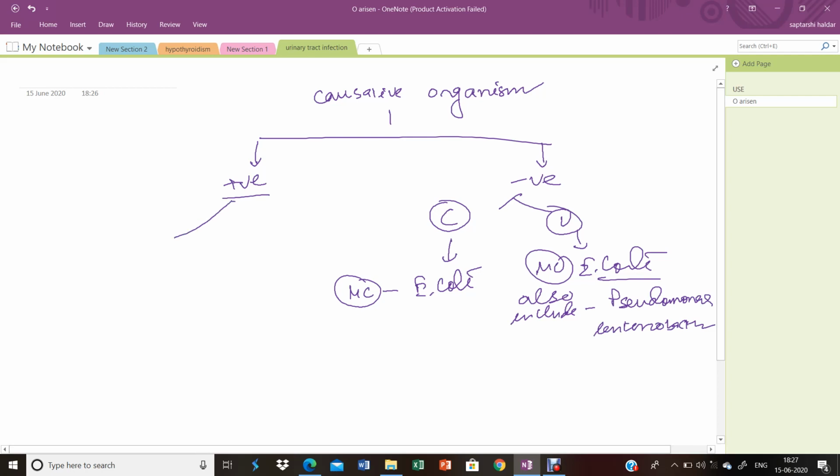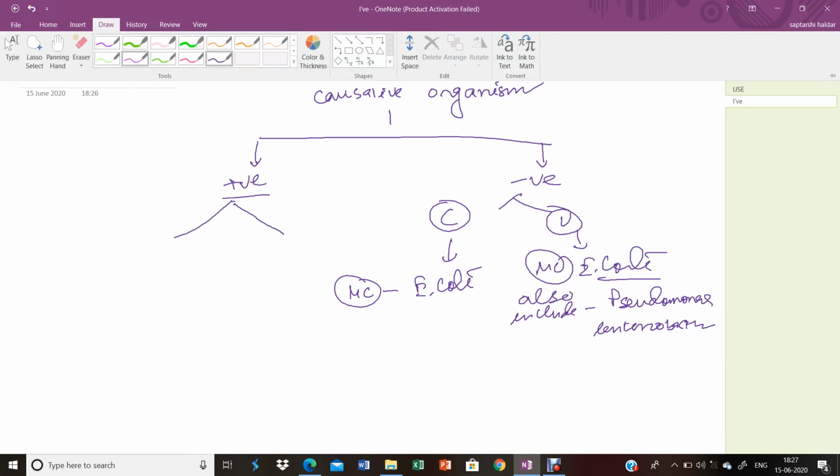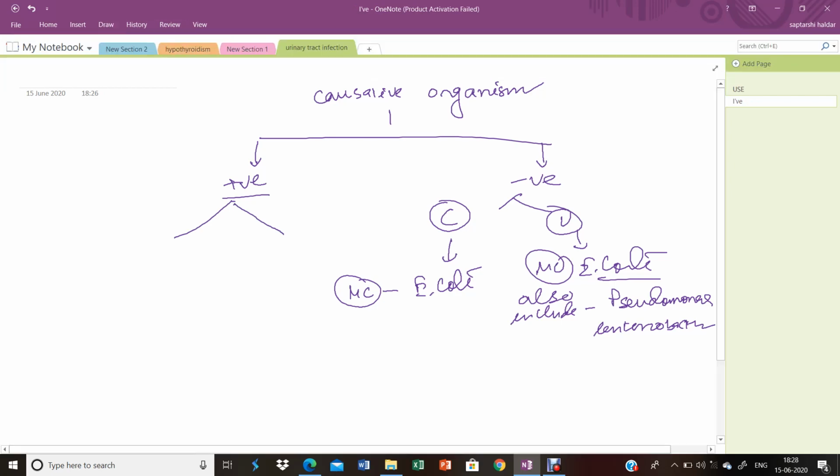Within gram positive organisms, we divide into two categories of complicated and uncomplicated. Within the uncomplicated, the most common is Staphylococcus saprophyticus. Within the complicated, the most common is